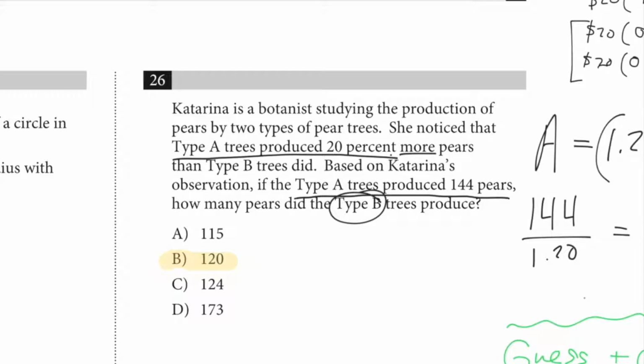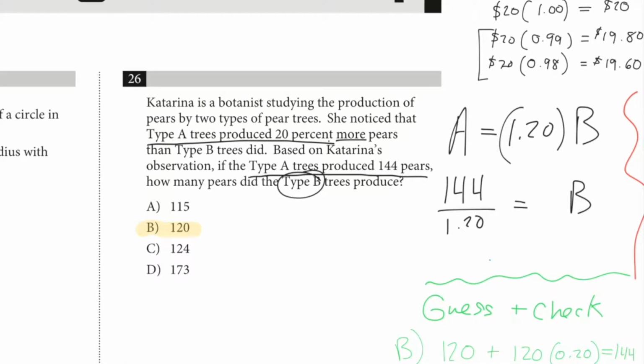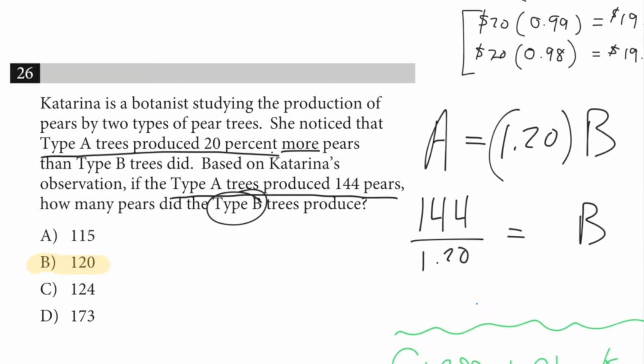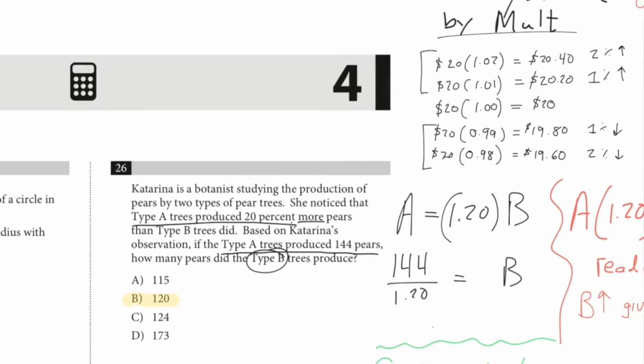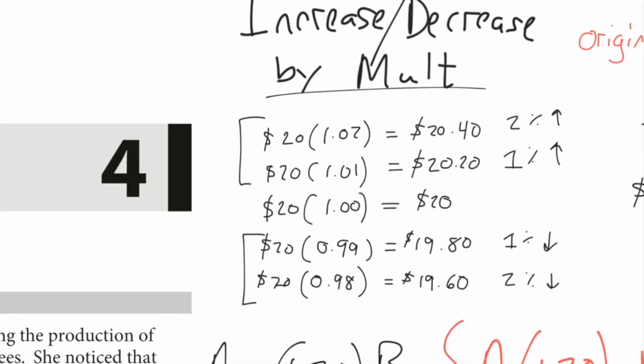This is one of the trickiest problems that we've seen in this section so far. The way you get this is you have to realize that the type tree A's is going to be equal to the type tree B's raised by 20%. And the way you raise it by 20% is you multiply by 1.20. We're given A, so in order to solve for B, you can divide both sides by 1.2 and get the answer. It's tricky for a lot of reasons, but what you have to realize is that there are a couple